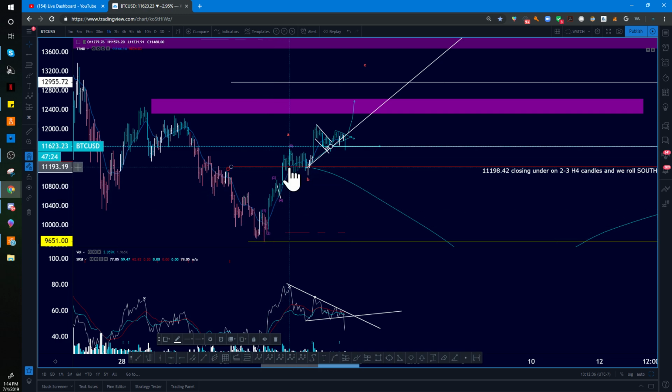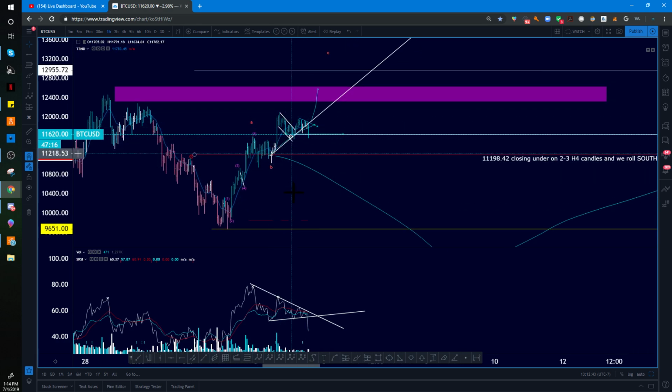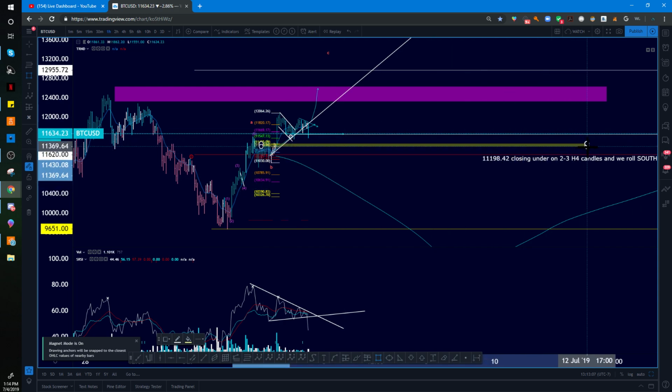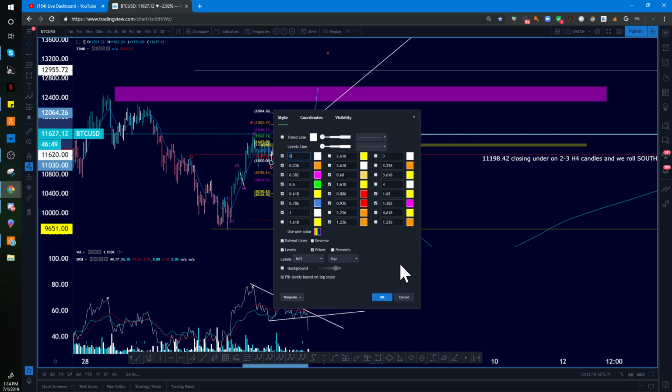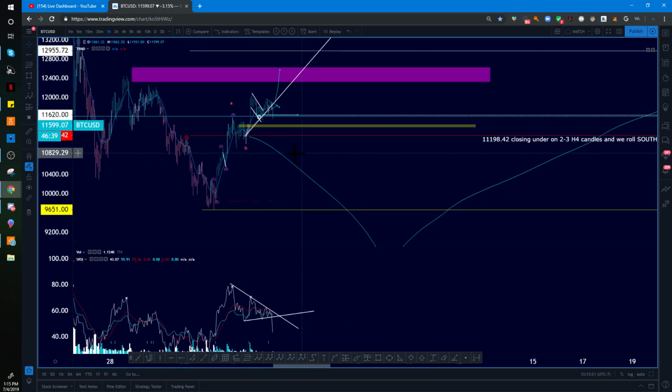It just looks so much like a 5-wave impulse. It is so hard not to want to find one on the other side, although this looks like a 5-wave impulse. Let's draw another zone here I'm curious about. But if I get these two closes underneath there,